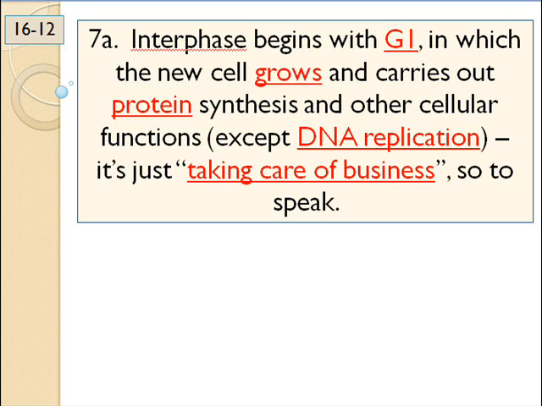G1 is a long time. It's a long time between mitosis and the S phase, a long time that cell is just growing along. And like I told you, in the S phase you're really concerned about synthesizing the DNA, so you have enough for 2 new cells. In G1, the cell is just growing protein, doing what cells do, growing. Everything is dividing and being replicated except for DNA. It's so complicated that the cell waits and does it all at one time during the S phase.